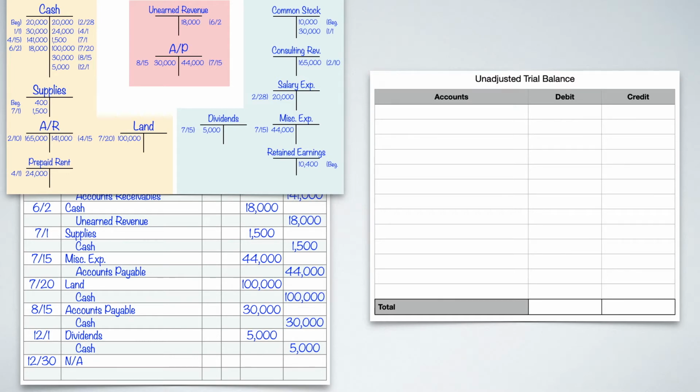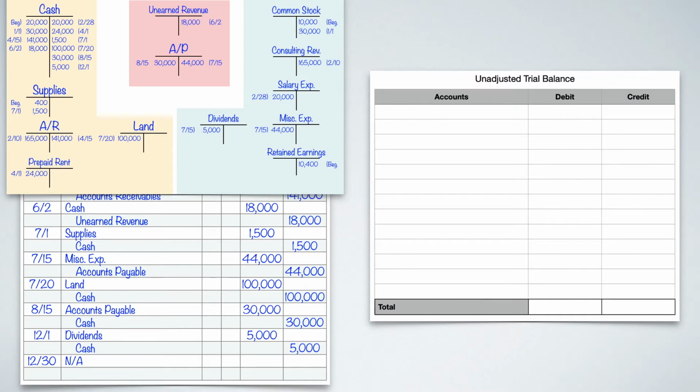Now, what you want to do to find your account balance is to add up all the debits, and then add up all the credits, and then subtract the two numbers. Whatever the difference is, that's going to be your account balance, and it should go on the plus side, which is also the side that should have the higher amount. By the way, you want to pause this and try this on your own, please do, because this will let you know what you don't know, if you need help with it or not.